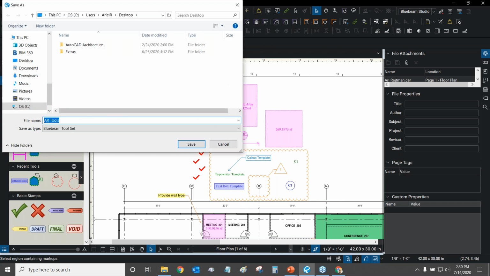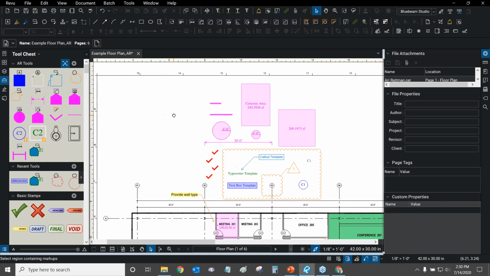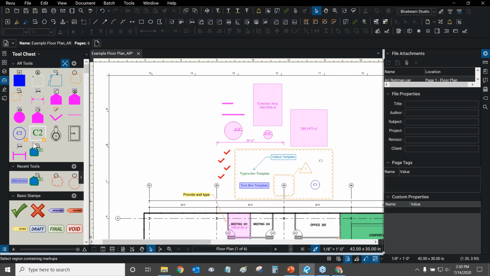If we click on the export button, it simply asks us to place this Bluebeam toolset extension file somewhere in our PC. I recommend putting it somewhere locally. Also, you can put backups on your USB drives, send them to yourselves in an email. They're really small files. Even if you have like 10 or more markups, they're not that big. So you can probably fit all of them into an email.